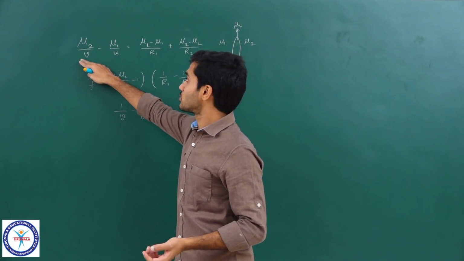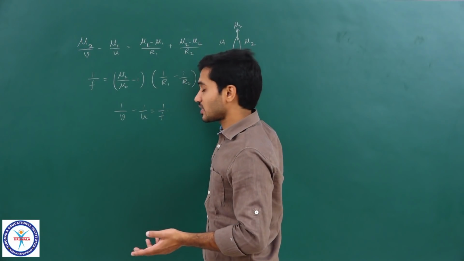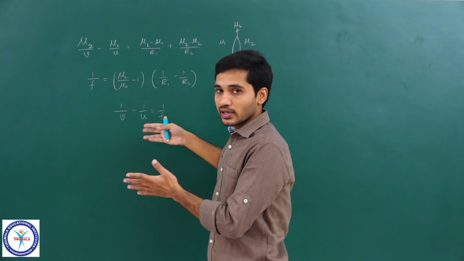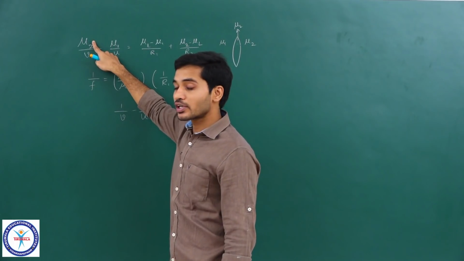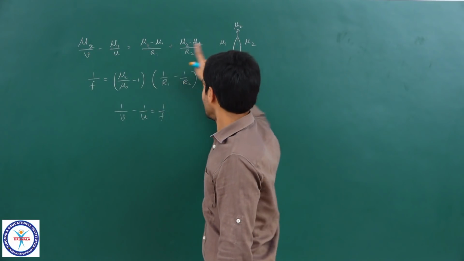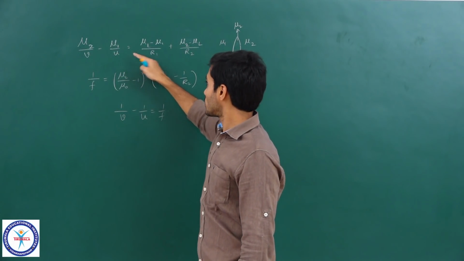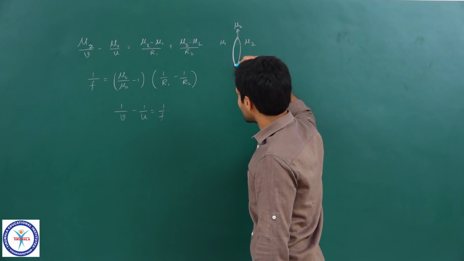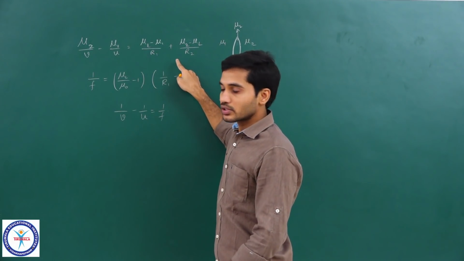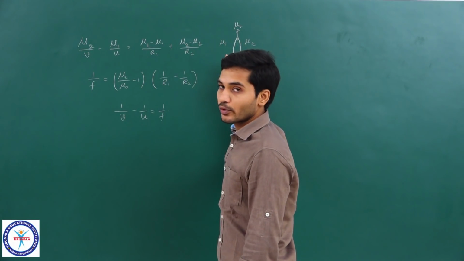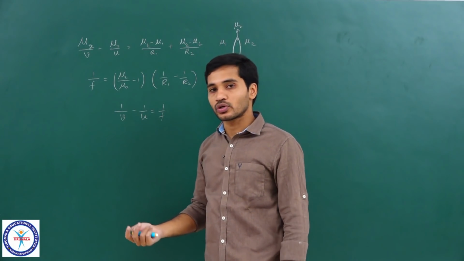So, we have understood that this is the general formula for refraction happening at surfaces successively, one after the other. We write it as refractive index of final medium by V, minus refractive index of initial medium by U, is equal to a sum over the interfaces. In the case of a lens we have two interfaces, so we only wrote two terms. If there are multiple interfaces, we will just add all of them: second minus first by R, second minus first by R, and so on, correct.